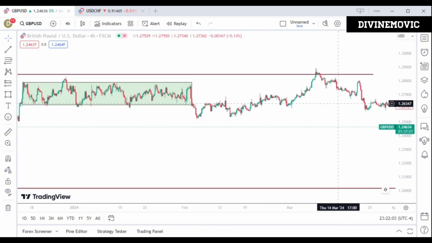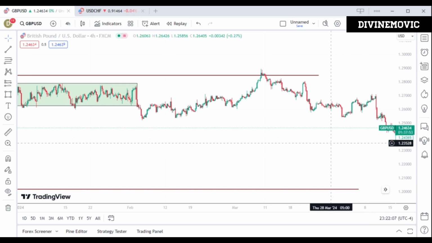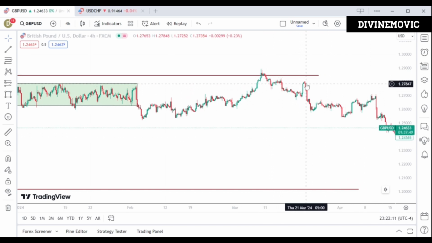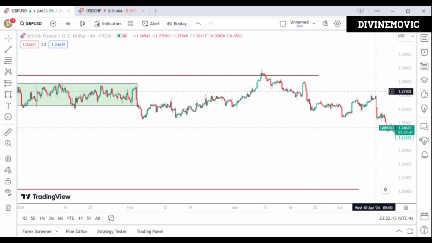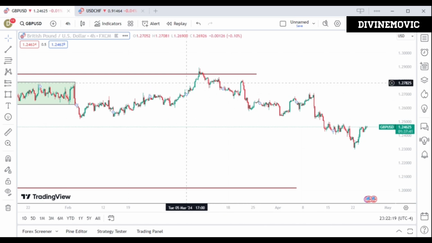And what did price do? Price started giving us a change of pattern to the downside, meaning price started giving us a high, a low, a lower high, lower low, lower high, lower low. Let me mark it out because this is what I want to pay attention to now. This is the point we want to focus on very well. Now when price got to this resistance key level,